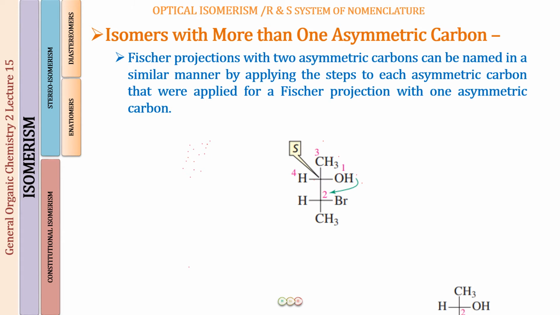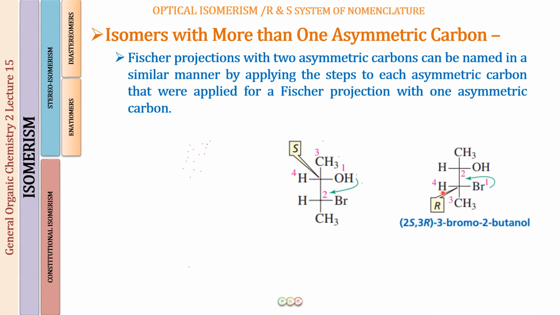Now let us talk about C3. And C3, again, what you're going to do is write the priority order of the groups. So bromine is going to be 1. C2, the chirality center, this is going to be group number 2. Then we have CH3 as group number 3 and hydrogen is going to be group number 4. Again, hydrogen, the group number 4, you find it is on the horizontal line. So your arrow, it is telling us it is the anti-clockwise direction. It should be S, but hydrogen on the horizontal means reverse the order. It will be R configuration.